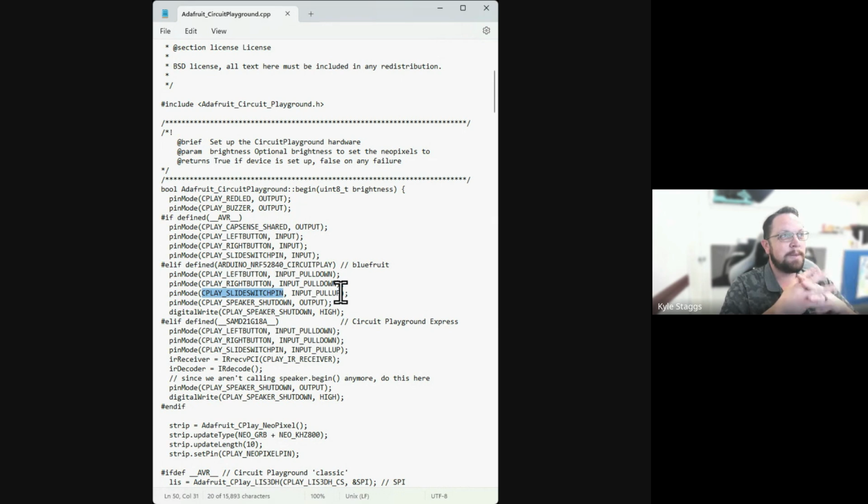There's some things that we have to do. You'll see in here a couple of array-based commands for things like the neopixels, which are here. So strip, update type, update length, and set pin. The cplay neopixel pin should look familiar, because that's effectively, instead of going through and teaching you arraying and things that we're not quite at yet,